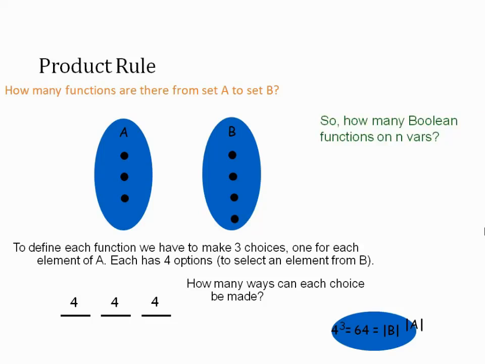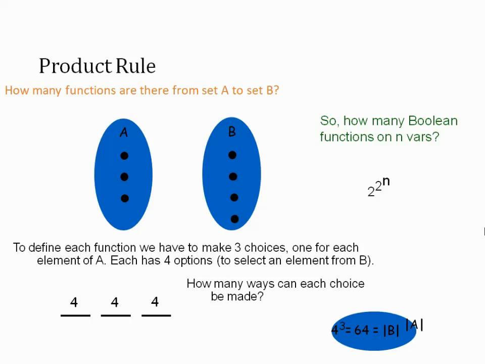So here, how many Boolean functions on n variables? Here, Boolean functions, not Boolean combinations. This we have already discussed when we discussed the Boolean algebra. Boolean functions means 2 power, just to recall, what is the value? 2 power of 2 power n. So this is what the Boolean functions are related to.